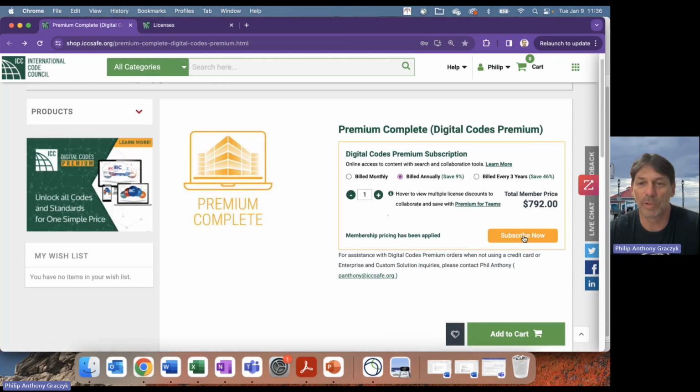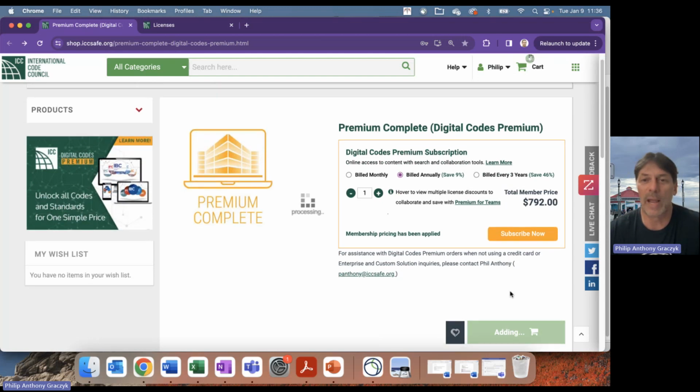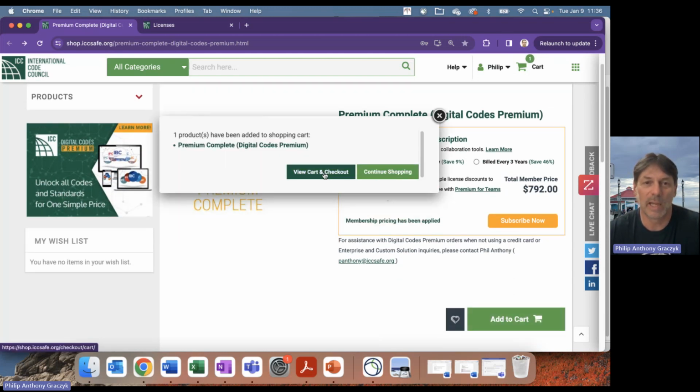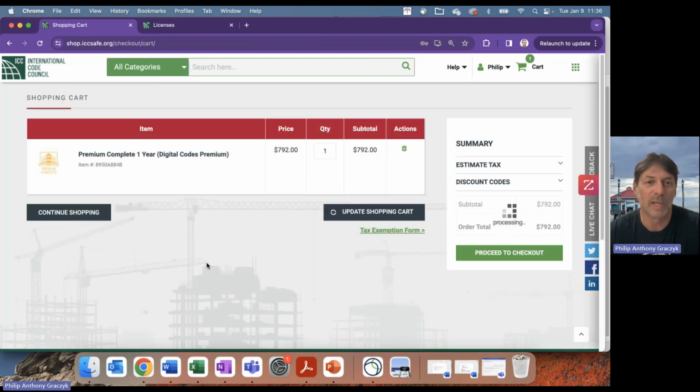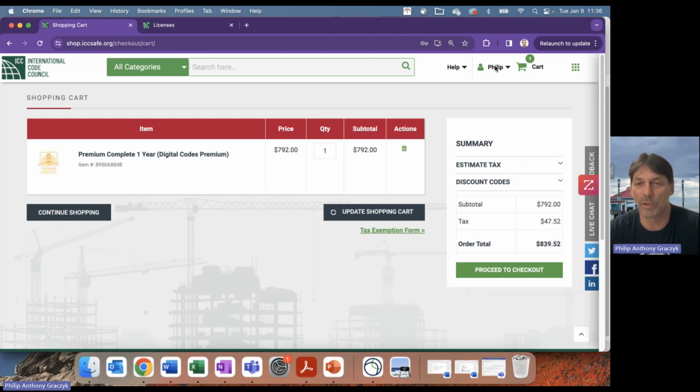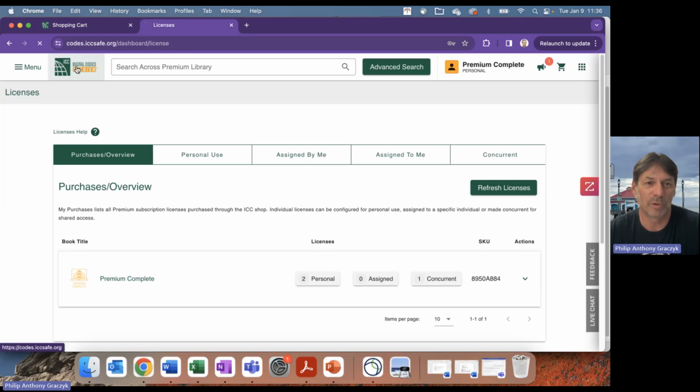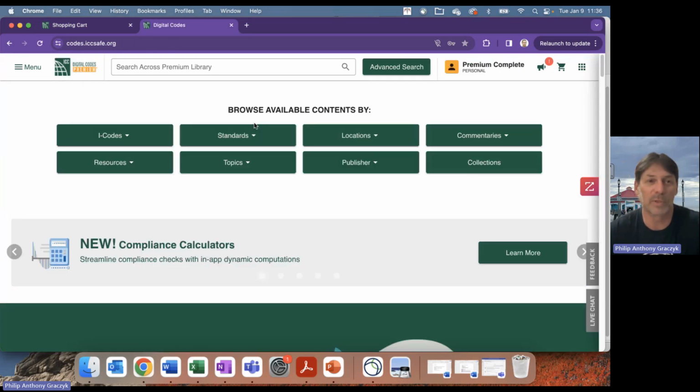And then obviously, as you're going through here, you subscribe and add those to the cart. As you're going through the process of checking out and paying for the licenses, you're going to have to include your email address if you are not already signed in as an ICC member. Once again, you do not need to be a member to purchase licenses, but there is a significant discount. So whatever account and email associated with that account that you purchase your license with, they will be in your account at Digital Codes Premium, at the Digital Codes website that we have, which is